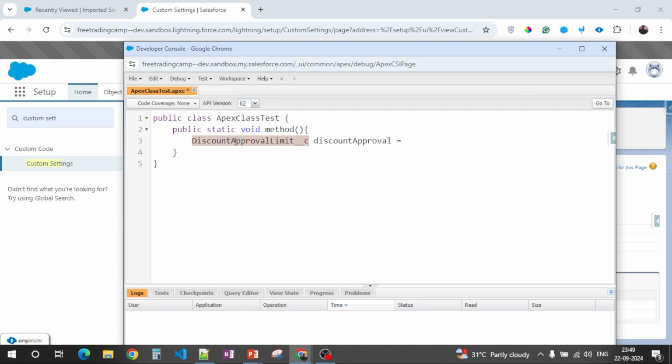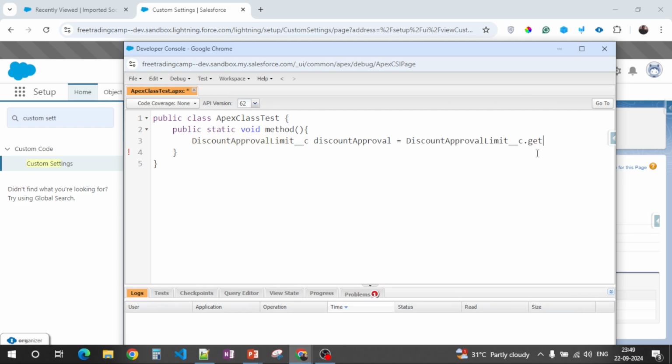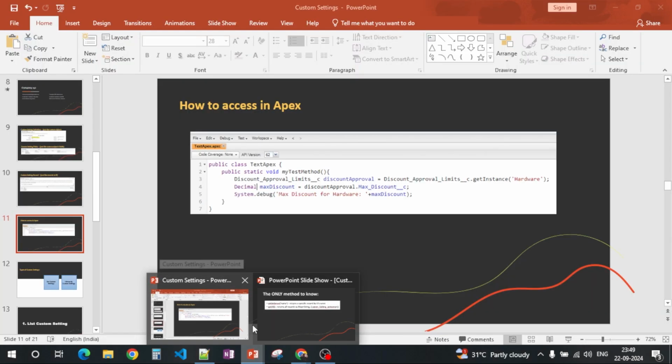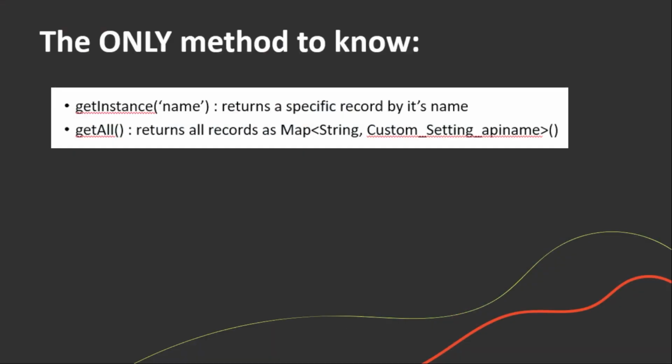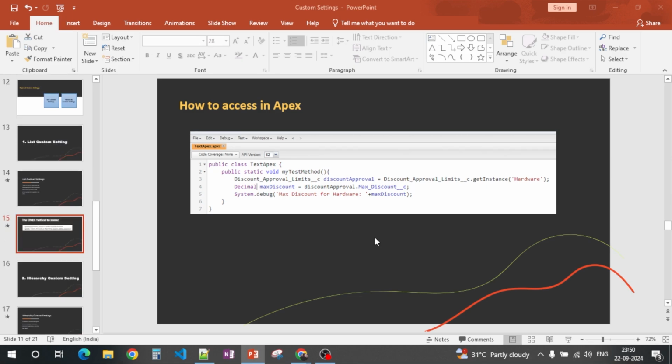So in order to fetch it, use the API name of the custom setting again, dot get, what was that? Instance, right? Get instance. So when you use this get instance method, you need to pass the name of the record which you want to fetch, right?